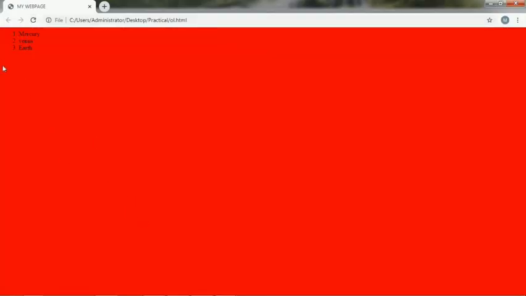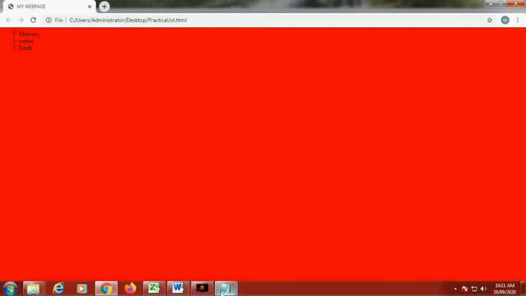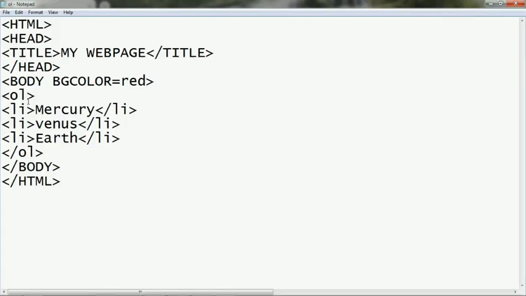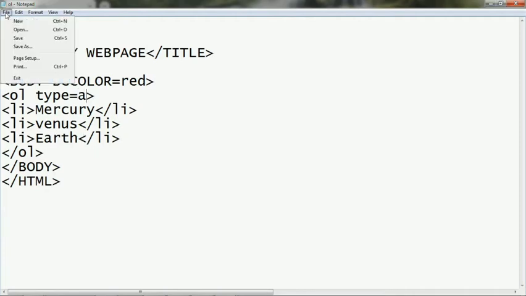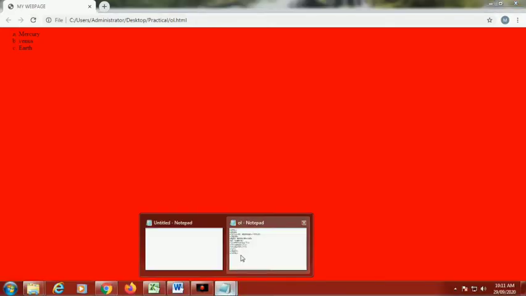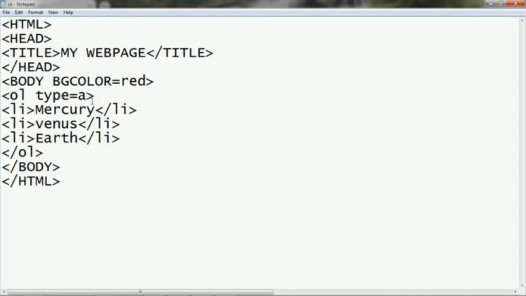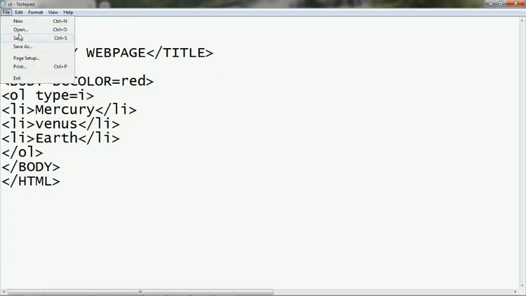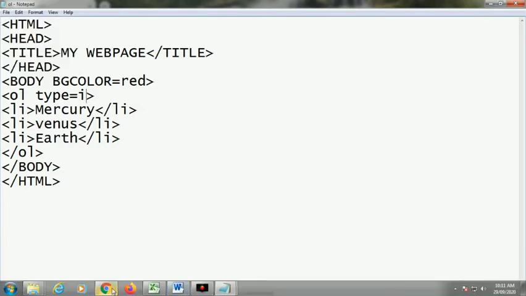By default it is 1, 2, 3. If I want to change the list type, I can use the type attribute. Suppose A: when you type A, it will change into A, B, C, D. Or if you want a Roman number, suppose I, you just go to File, save, and click refresh.